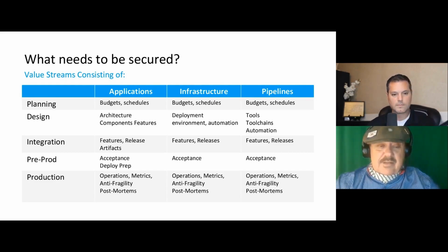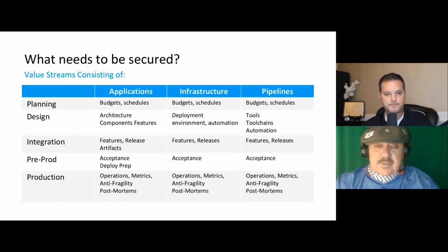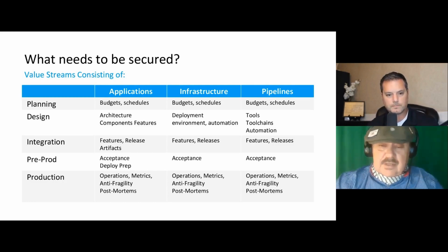So there's planning, design, integration, pre-production, production aspects of applications, but there's also the same thing for the infrastructure upon which they run. That has its own value stream, especially with software-defined networks and all of that. But even any kind of infrastructure as code, those same things apply. And the pipelines themselves have a value stream. They have planning, design, integration, pre-prod, and production aspects. So there's at least those three dimensions, and they all have possible security vulnerabilities where things can creep in through the